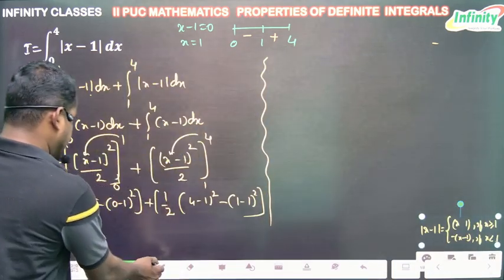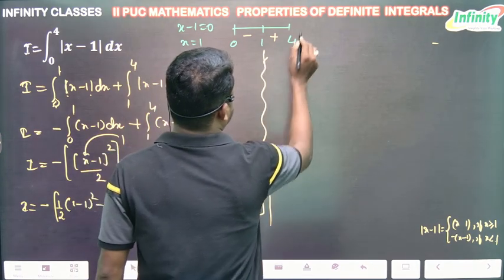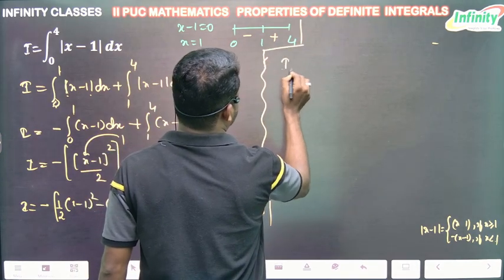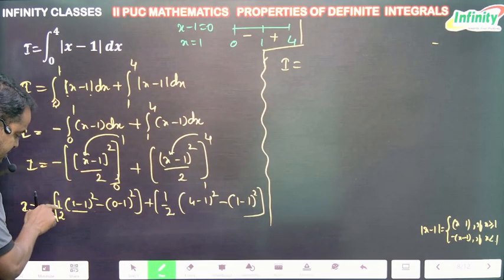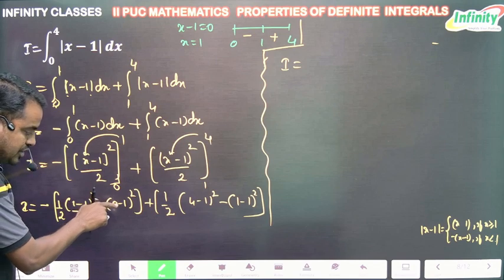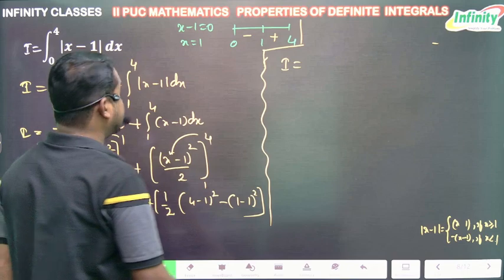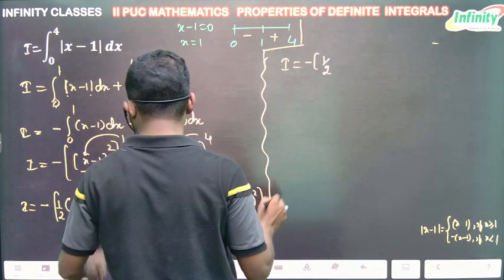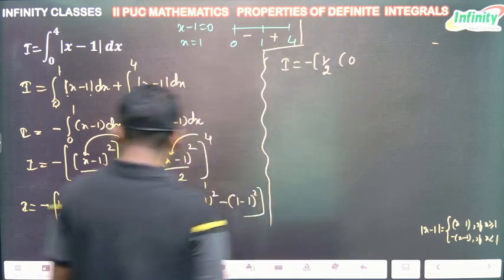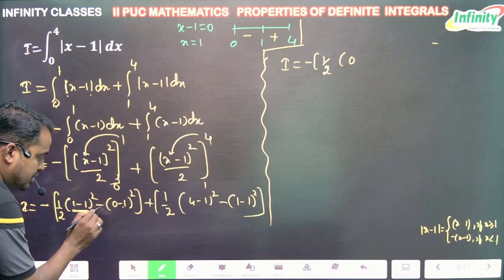See here, I is equal to one minus 1 will be what? 0 minus 1 by 2 into minus 0 minus 1 square is what? 1, that is minus sign as it is, 1 by 2, this will be what? 0, 1 minus 1 is what? 1 minus 1, it is what? 0, then minus